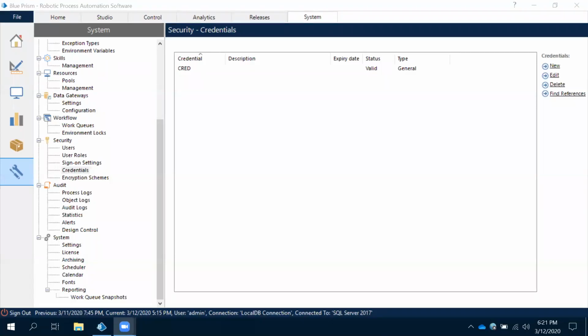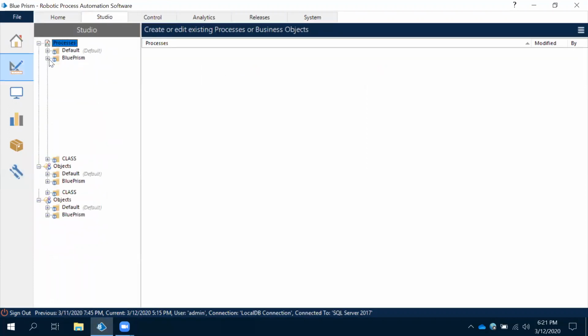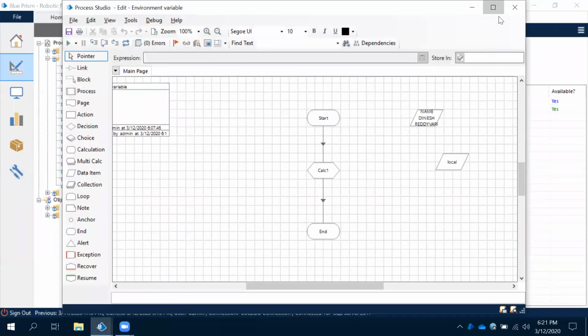Hi. Now let's observe how to work with credentials and then how to get that username and password from the system manager in any other process. For which process we have given access for environmental variable, right? Okay, let's observe this. We'll go to